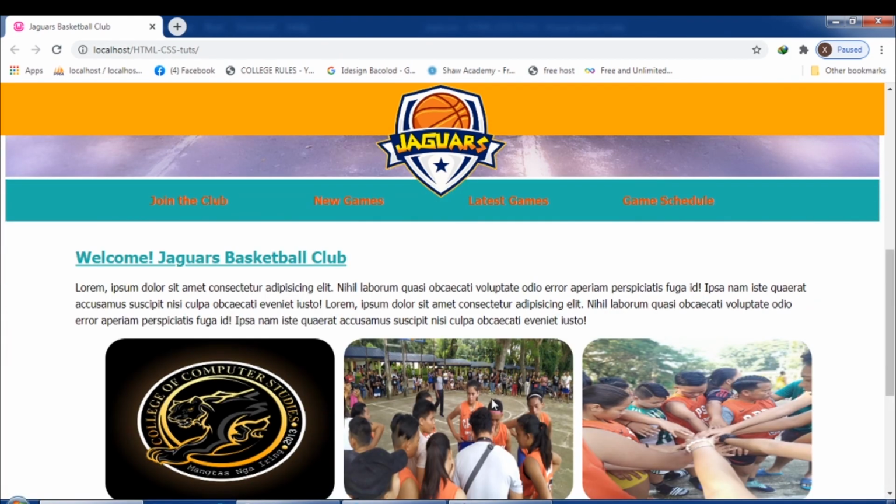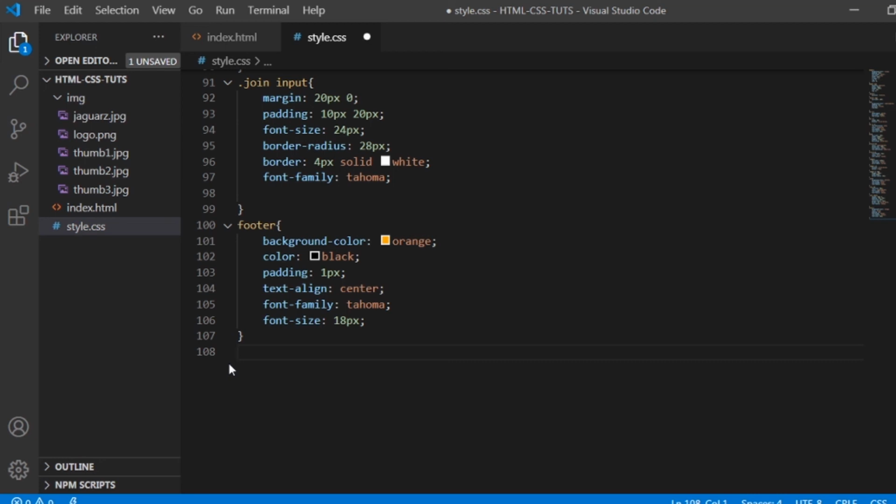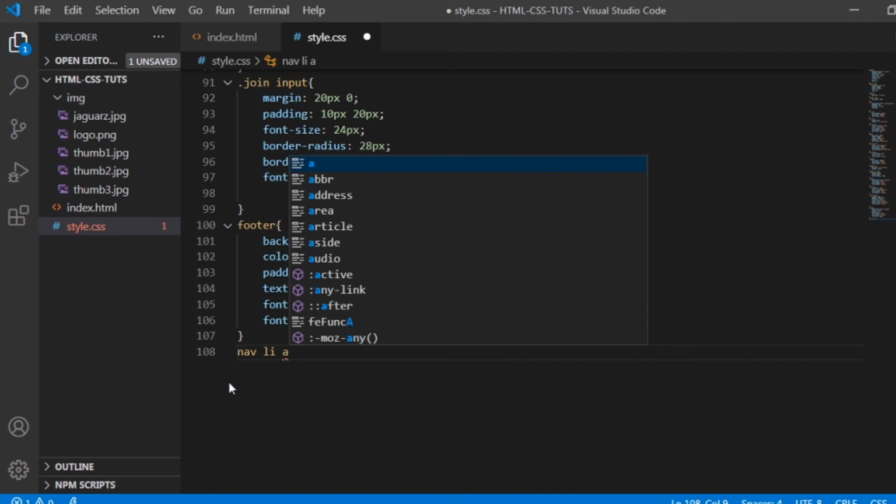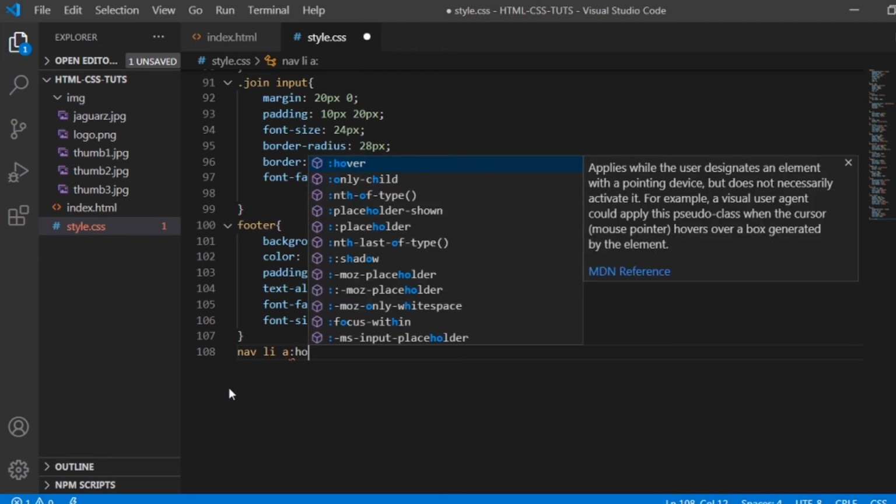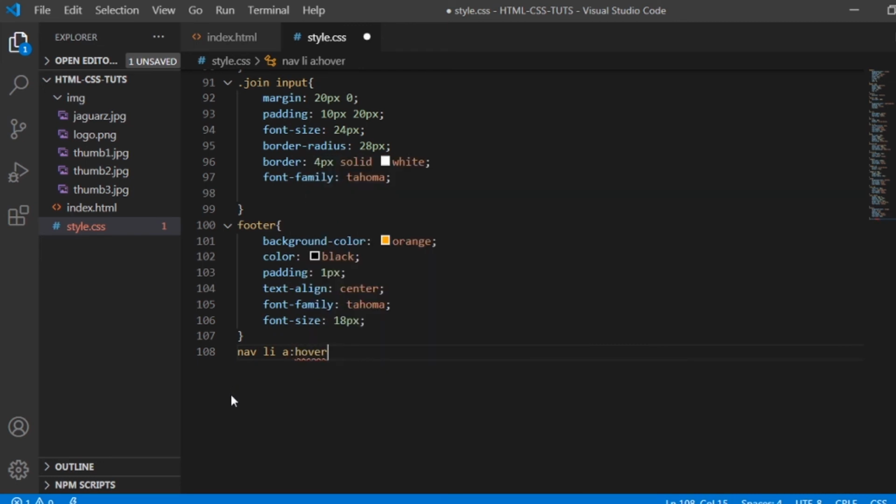So guys, next thing that I am going to introduce is the pseudo classes of the CSS. Like for example, if I am going to hover this text, then it would change the color, and if I am going to hover the image, then it would create something. Okay? Alright, so let's design first the navigation. Let's say for example the nav targeting the list which is on the A tag. Okay, and then to start with the pseudo class, you need to write this and the hover. Alright, and then let's create now a design.